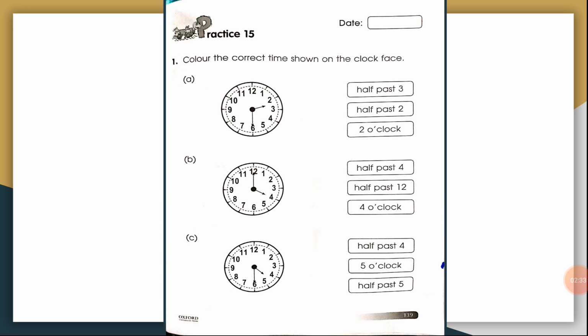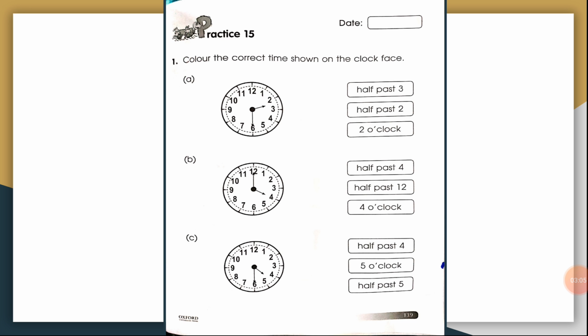The options are 3:30, 2:30 or 2 o'clock. Which one is the correct option? You will color that correct option. Look at the clock face, check the time, choose the correct time from these three options and color the correct one.